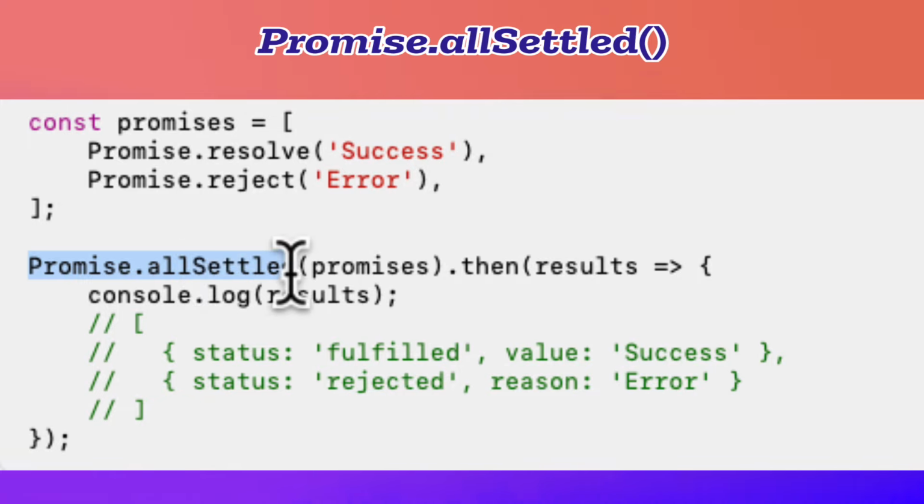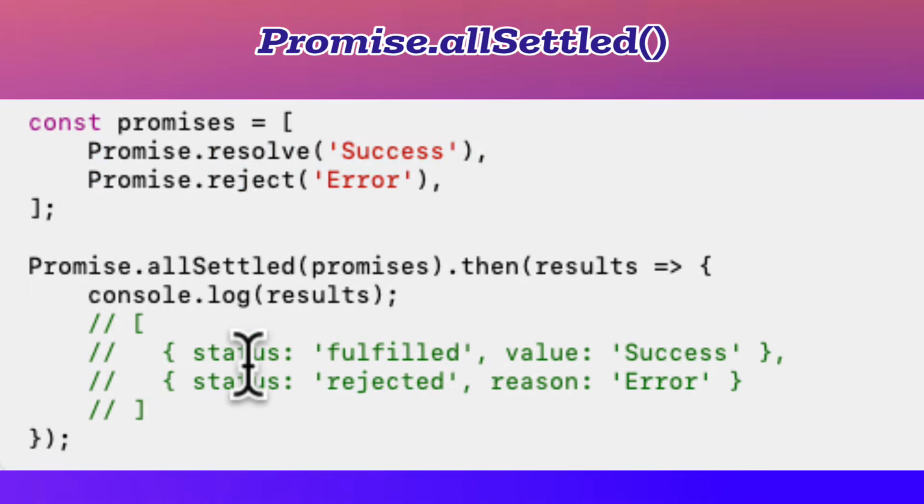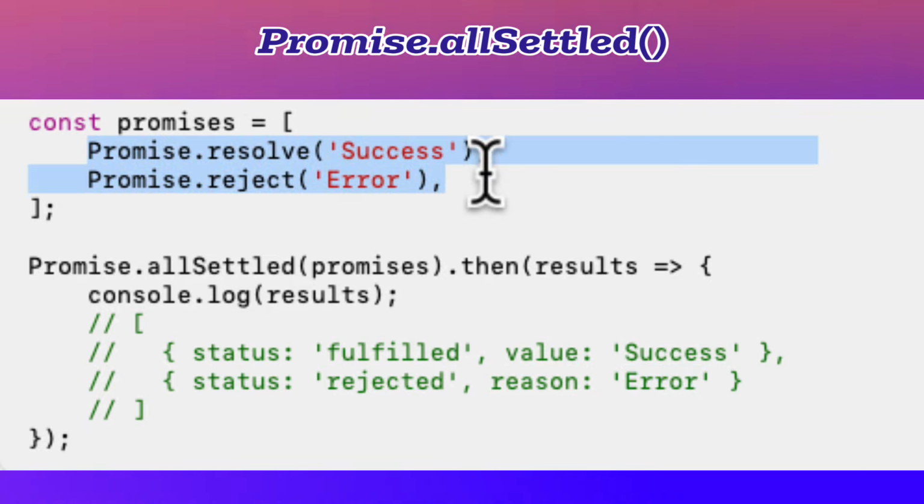The Promise.allSettled method returns a promise that resolves after all input promises settle, either fulfilled or rejected. Each result contains a status, fulfilled or rejected, and the corresponding value or reason. This is perfect when you want to know the outcome of all promises without short-circuiting when one fails, like with